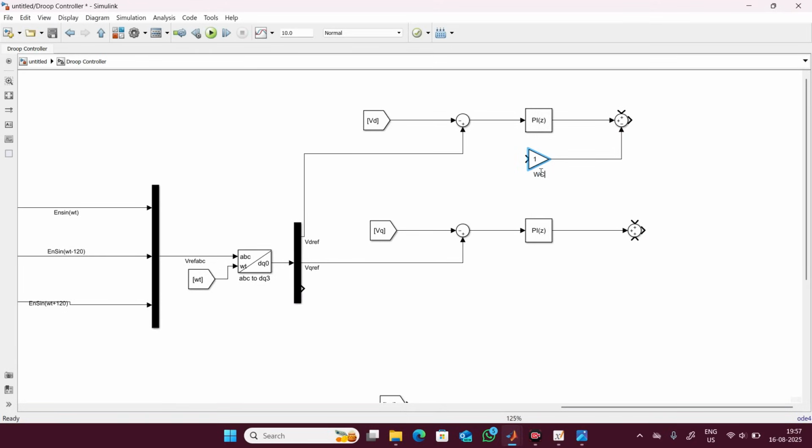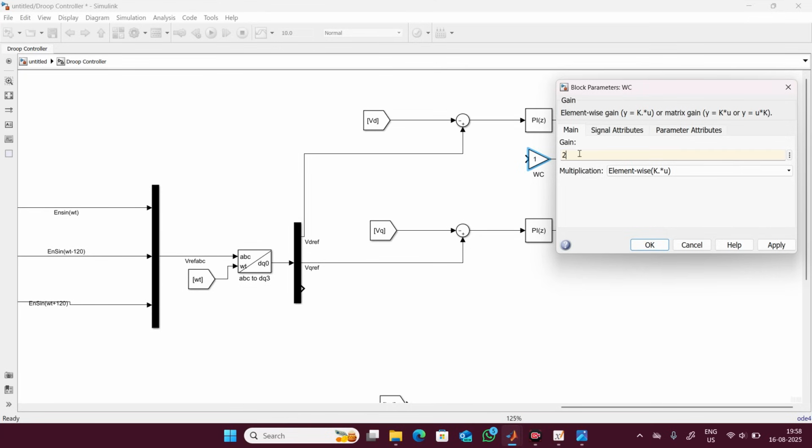This is omega c. So the value will be 2 star pi star 50 hertz, star